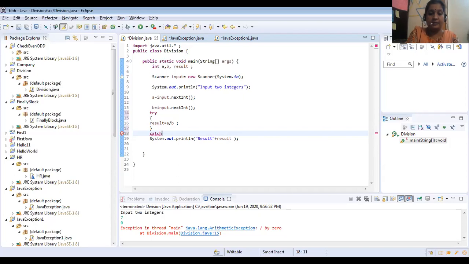Catch block. If you write a catch block, you should write the parameter. If you know, you can write ArithmeticException e. If I don't know which kind of exception it will show, I will just write Exception e.